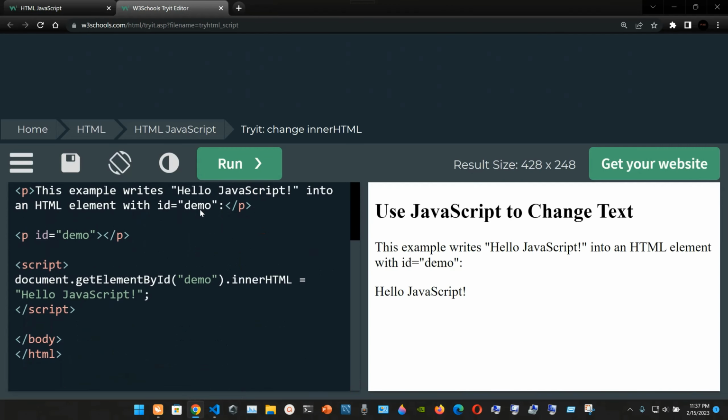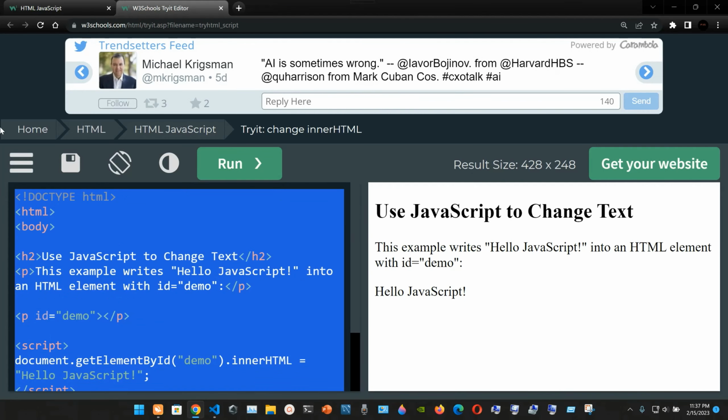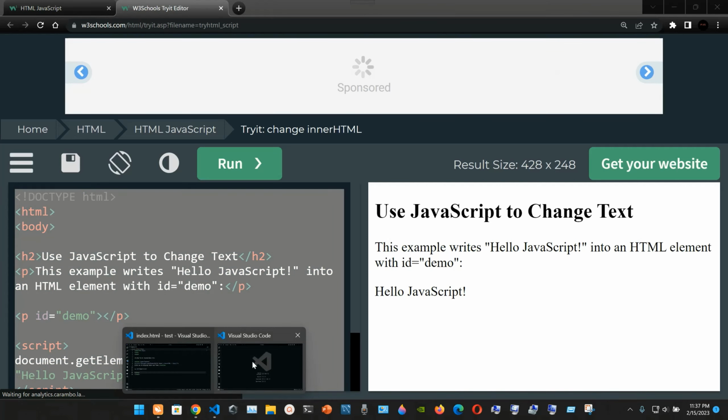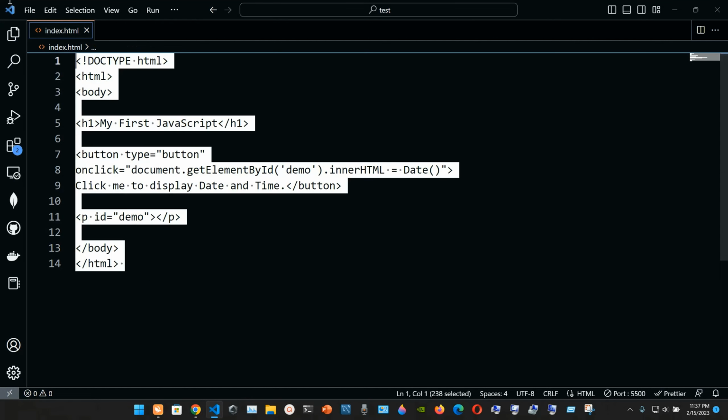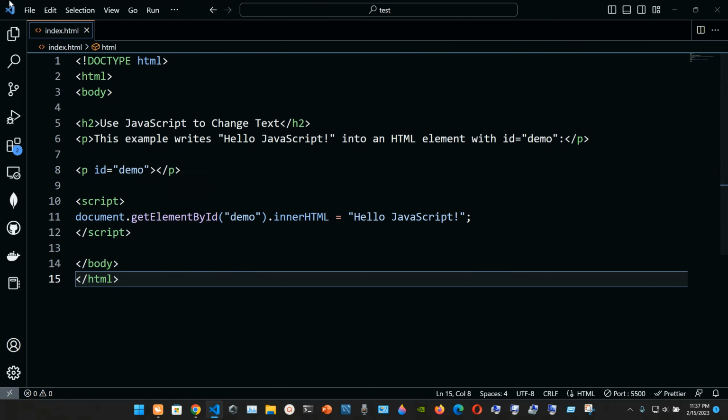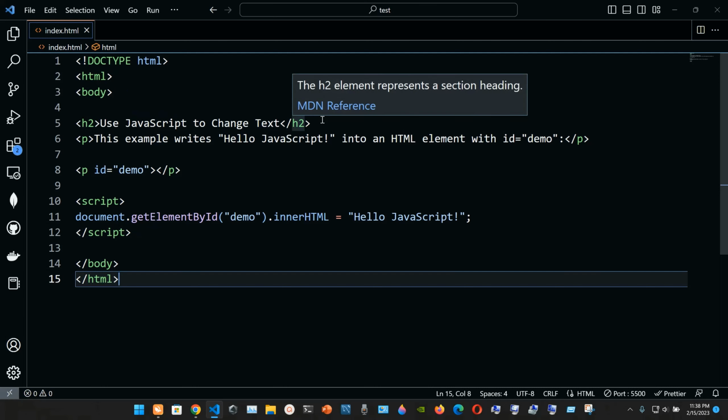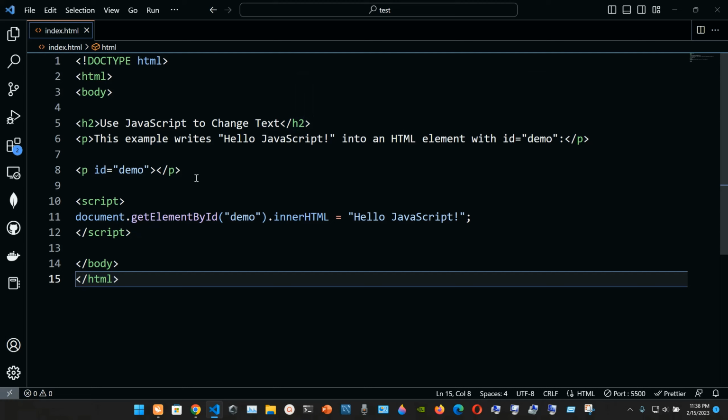Okay, so I'm going to copy this one so we can see it better in Visual Studio Code. I'm going to close this one, go to my index.html file, and paste it here. Here we have a heading 2, "Use JavaScript to change text." We have a paragraph: "This example writes Hello JavaScript into an HTML element with ID demo." Then we have a paragraph with ID demo, and then we have a